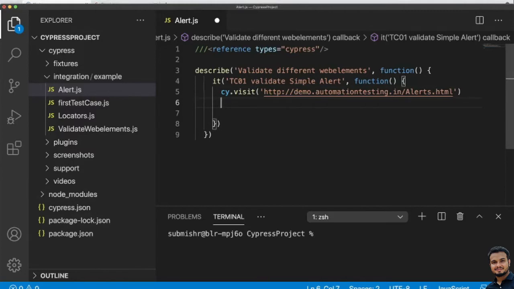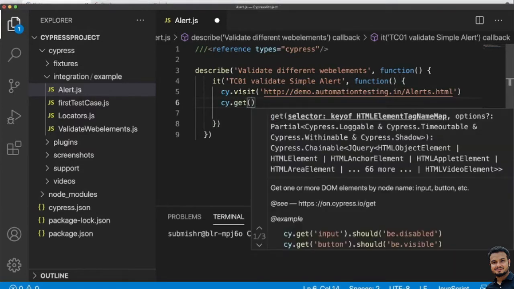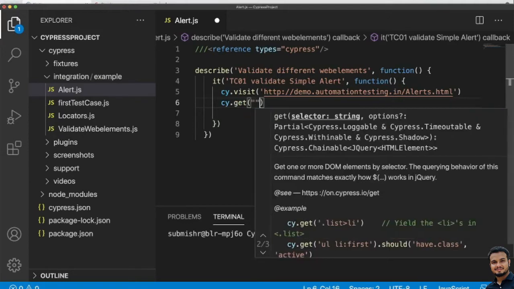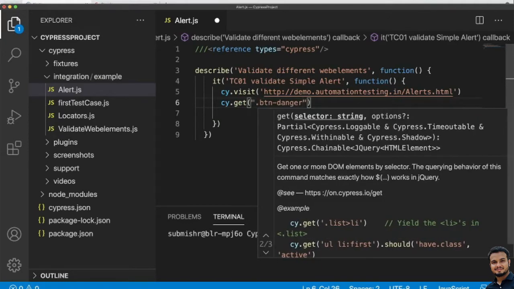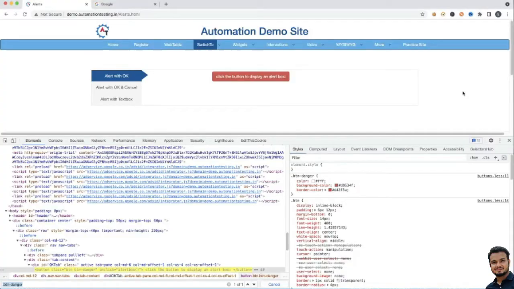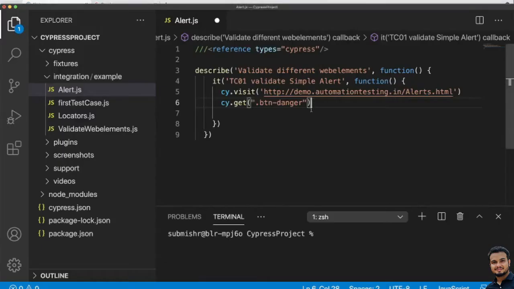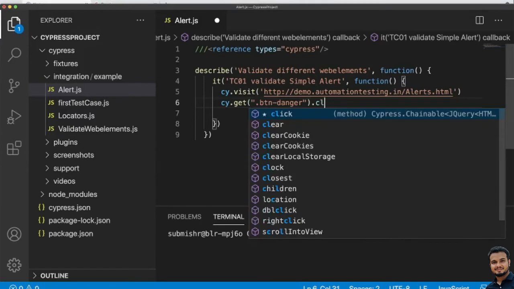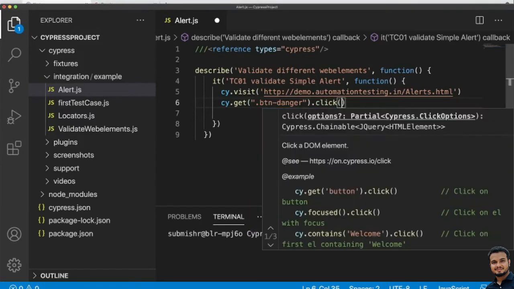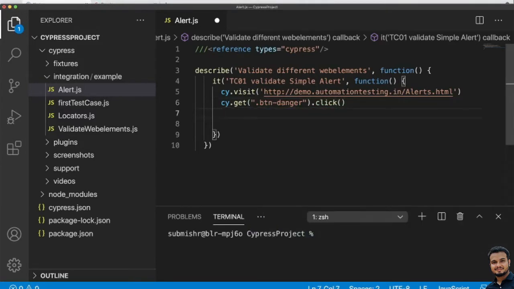So here we write cy.get, and inside the double quotes we write this. Then you need to click here, so we'll just write .click.